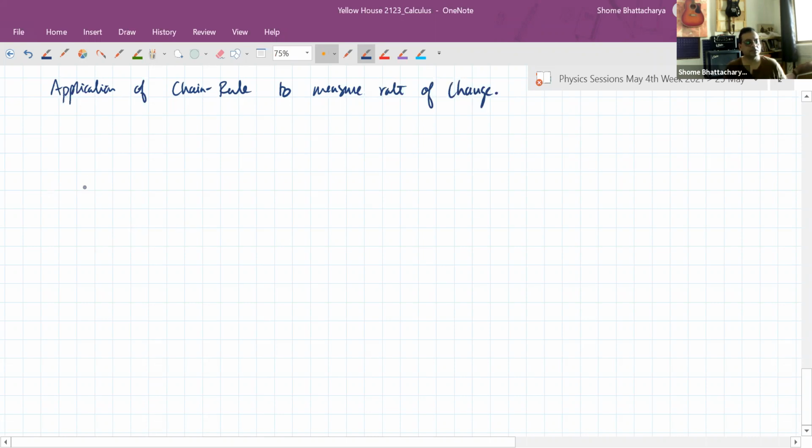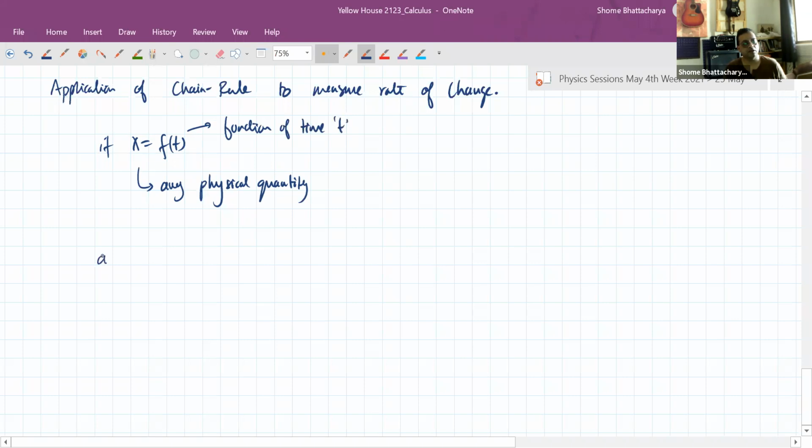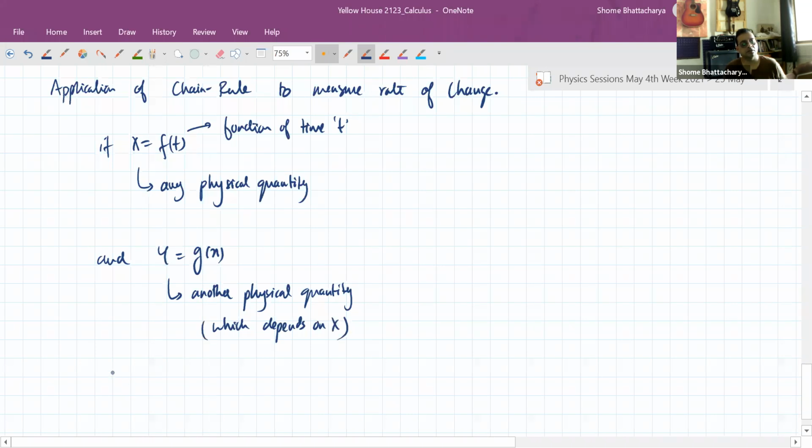So this occurs when we have something like this in general, that suppose if x is a function of time, where x is any physical quantity. Okay, and this is a function of time. Okay. And we have another physical quantity which is a function of x. So y is another physical quantity, that means another quantity which is measurable, which depends on x. Okay. Then